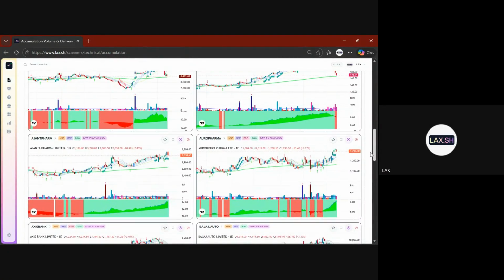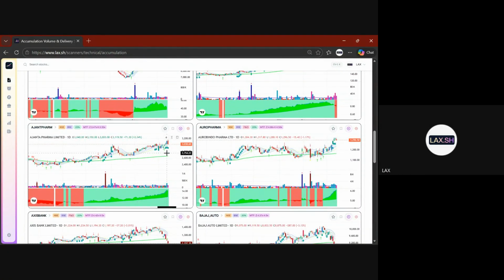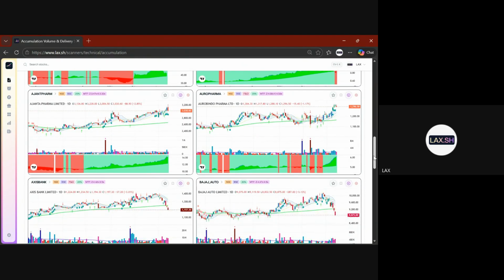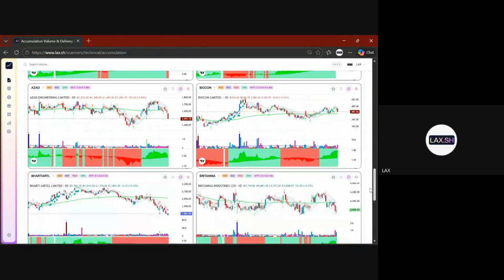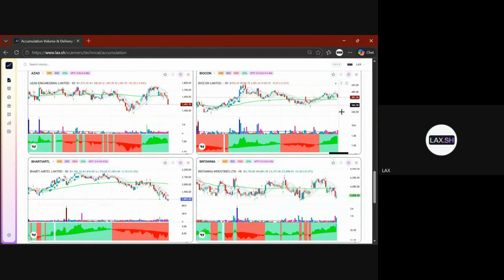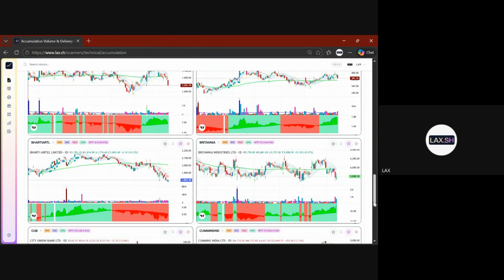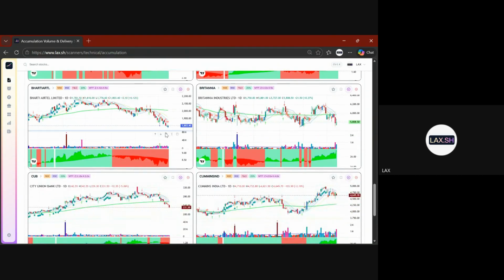Cluster. Ajanta Pharma. The candle is too bad. Ignore it. This one looks nice, but it is possible that it might correct a little more because it is a little away from daily BNF, right? So once it enters daily BNF, then you can consider this one. So add it in the watch list. Study more, look at the valuation, look at everything else. Biocon, again a pharma name. Bharti Airtel, right? You can put this one also in the watch list.